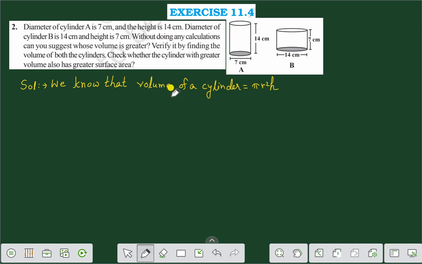Here in these two cases, in case A and B, the heights